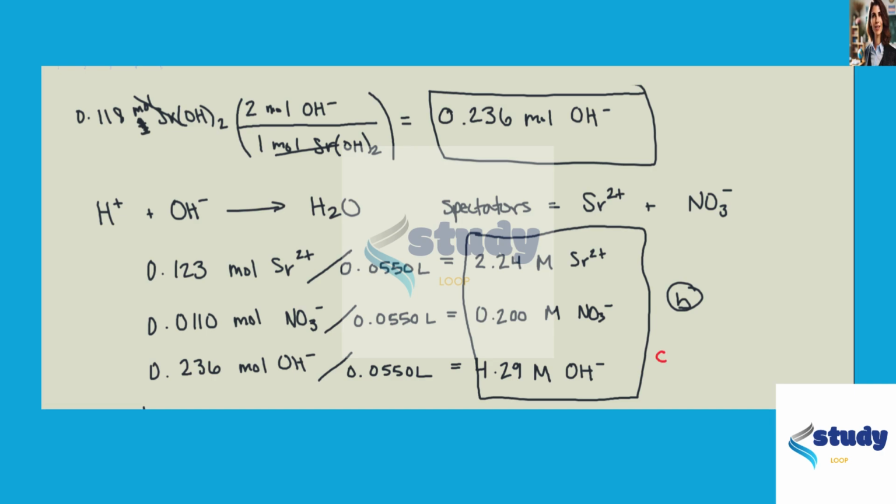We know that acidic solutions have hydrogen ions present, and basic solutions have a concentration of hydroxides present. Since what we have is hydroxide present, that would make our solution basic. And we've already answered